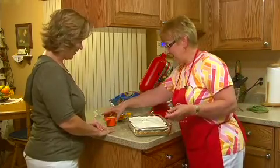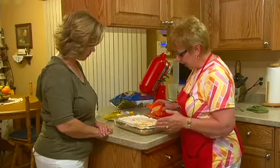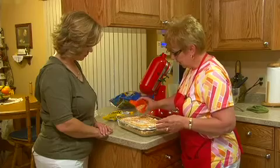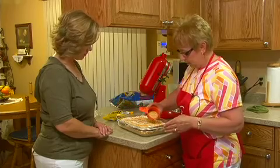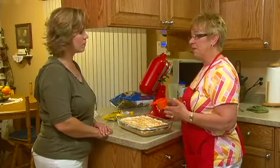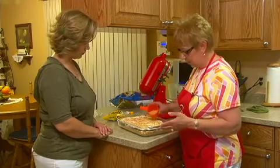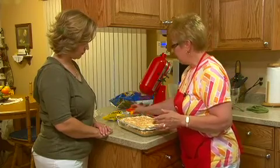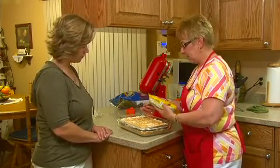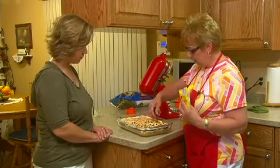Okay, now we're going to sprinkle the rest of the chopped peanuts on here. I do have probably a little bit more here than I need. I just had a few extras. Sometimes I put this in a bag and just use my rolling pin, and you get that pretty fine. So I'll just put some in a container and put it in the fridge or freezer and use it for later. And then just take your little chocolate pieces, and these little mini marshmallows,